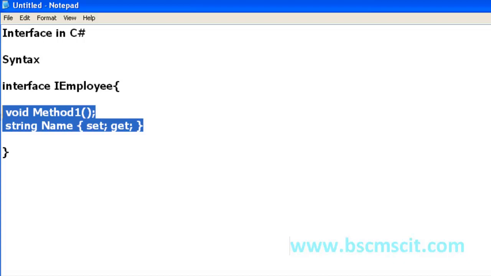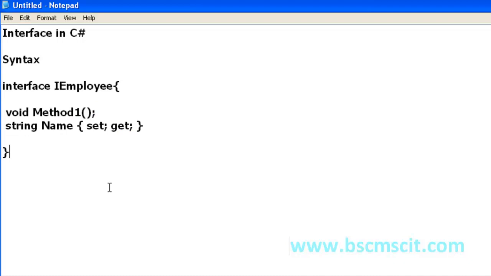It's like a contract, a compulsory thing that a class has to provide an implementation for the signatures defined in an interface. It is mandatory; without that, we cannot execute our program. If that particular class is implementing an interface, its duty is to provide all the implementation for the signatures.